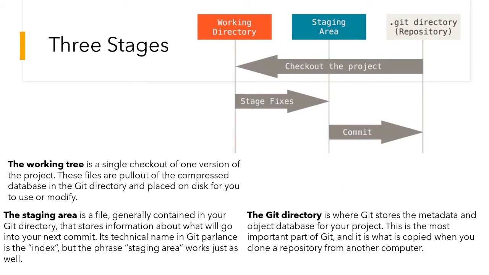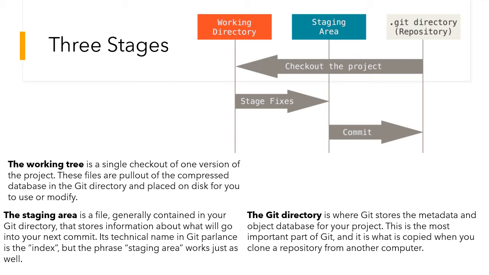Git has three main states that your files can reside in: modified, staged, and committed. Modified means that you have changed the file but have not committed it to your database yet. Staged means that you have marked a modified file in its current version to go into your next commit snapshot. Committed means that the data is safely stored in your local database.